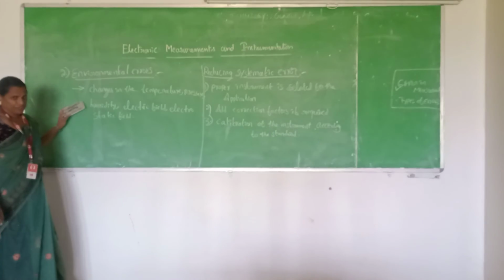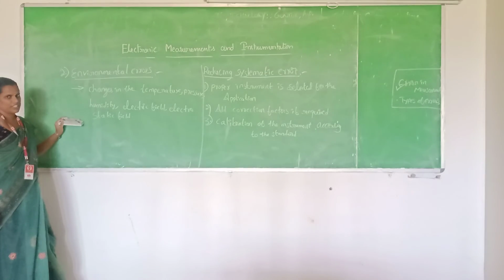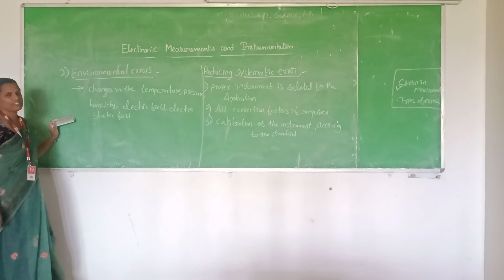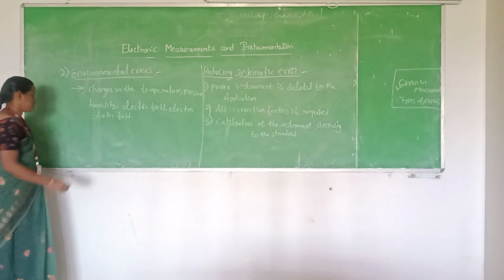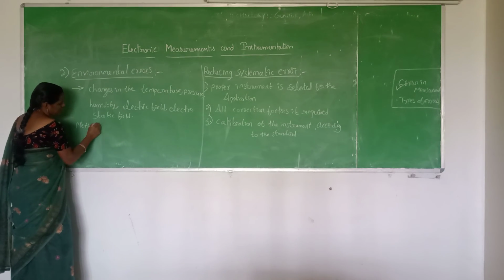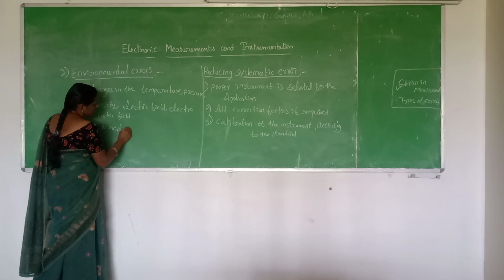So the value obtained when taking the measurement may change according to the environment changes. In order to avoid these environmental errors, the methods used to reduce environmental changes are,